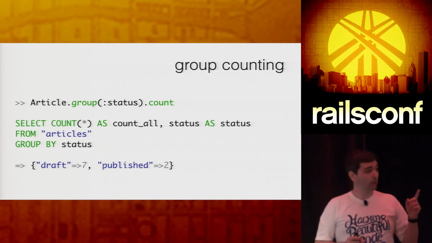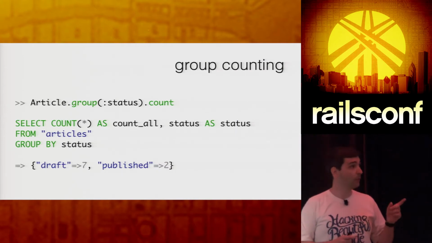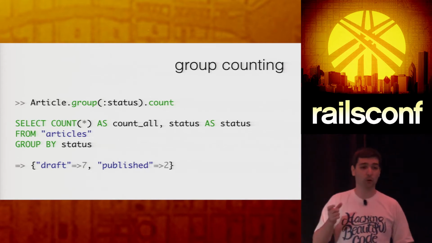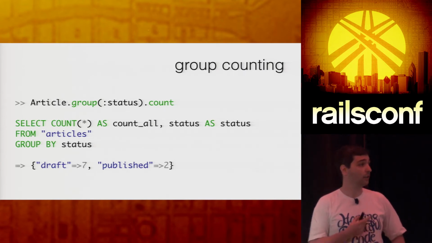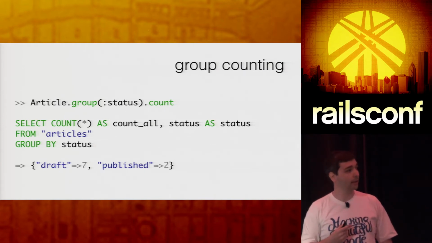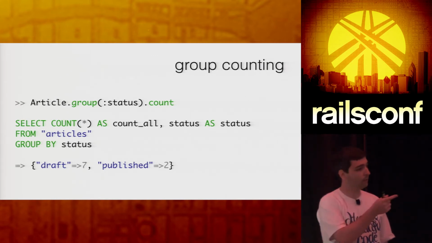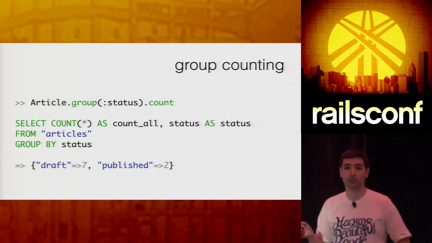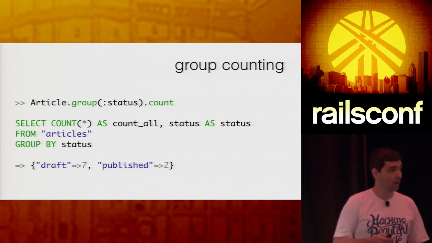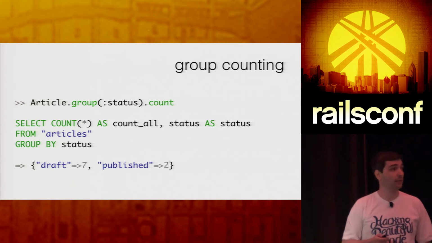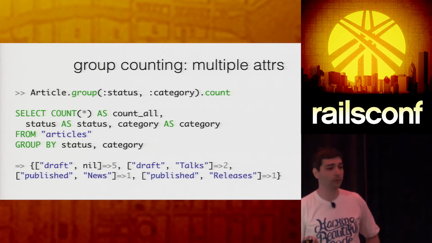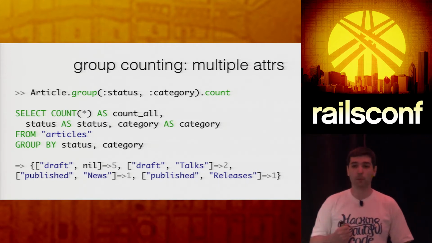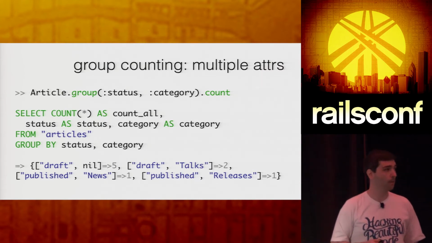One thing that I've seen in some projects is people using group counting. You can group by any column using Active Record, and it's going to generate a SQL query like that, and return how many, for example, draft records I have and how many published records I have in this example. What is nice about group counting is that you can add more columns to that, and it's going to group by 2, 3, or more columns if you want to. So you can use that to grab information from your database more easily, right?